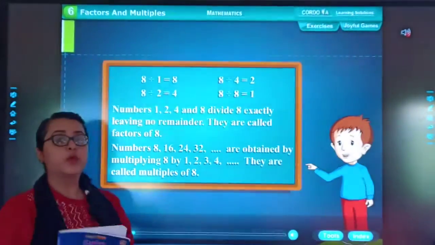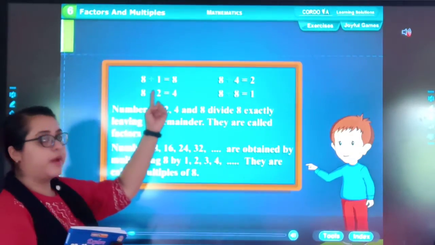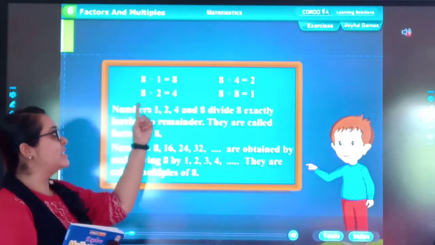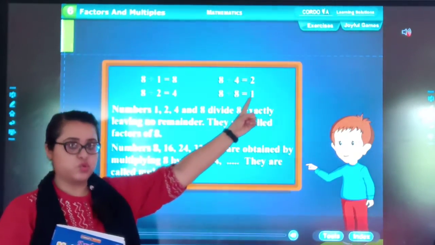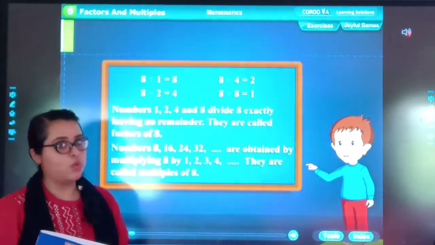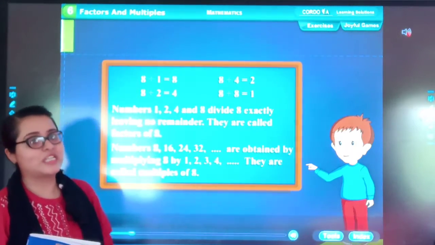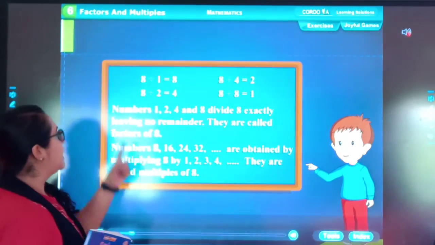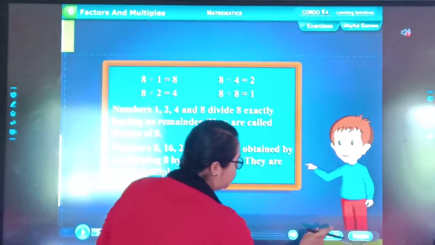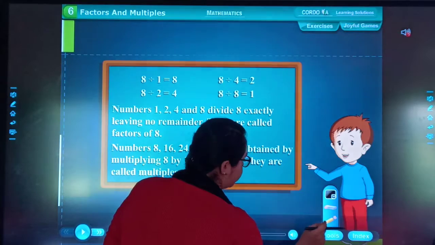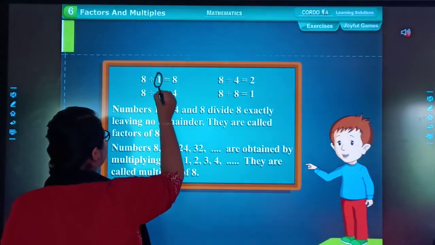So students, we have discussed this previously. Okay, see, 8 divided by 1 equals 8. 8 divided by 2 equals 4. 8 divided by 4 equals 2. And 8 divided by 8 equals 1. अब हम देखेंगे इनमें से फैक्टर्स कौन कौन से हैं, मल्टीपल्स कौन कौन से हैं. ओके स्टूडेंट्स, number 1, 2,